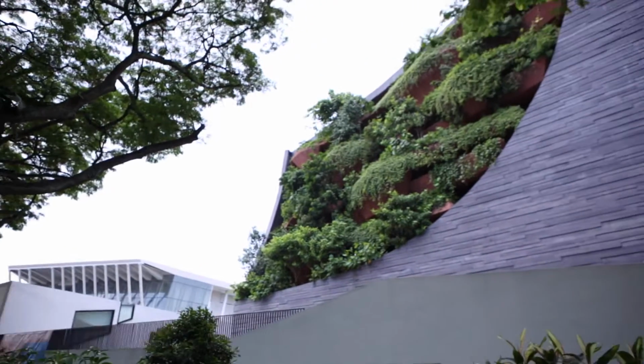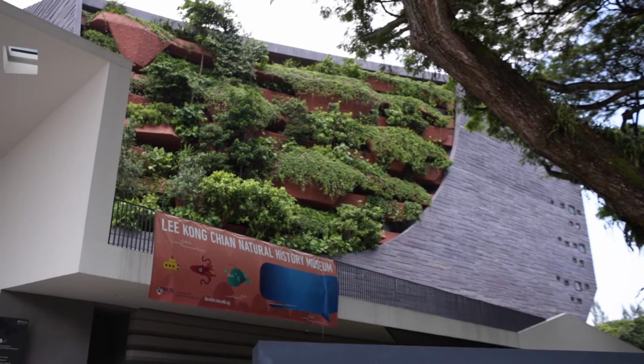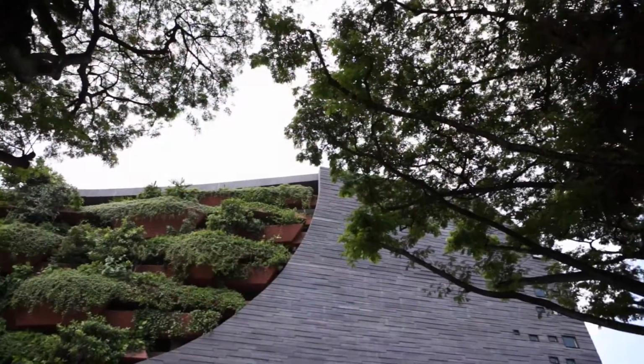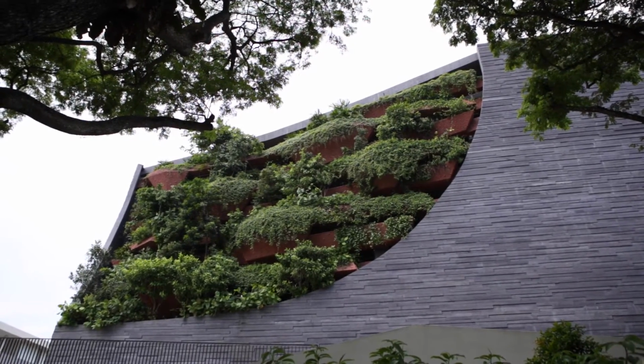Built and completed recently in 2015, the Lee Kong Chian Natural History Museum is the first natural history museum in Singapore. The exterior showcases a biodiverse culture, which I'll be explaining more later on. Built by a local architect, Mr. Mok Wei Wei, and his team from W Architects, this museum has won many green awards for its contemporary design